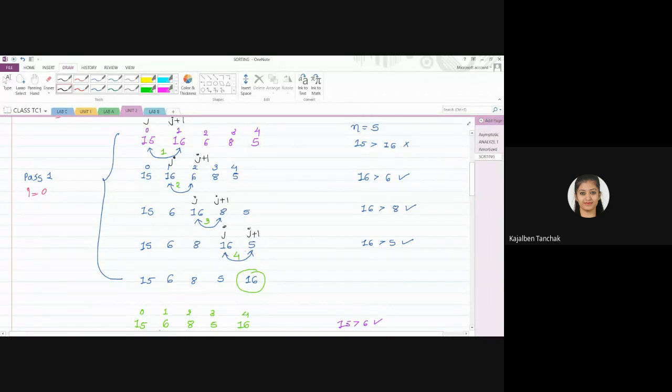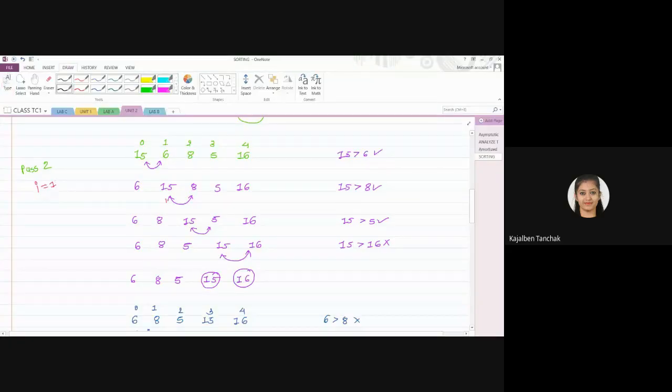So you will swap this 2, right? And after this, you will increment the j value, and here it's j plus 1. But here we don't have anything. This is the garbage value. So we will exit from this loop. And now we will increment the value of i. So the i value will be incremented to 1.